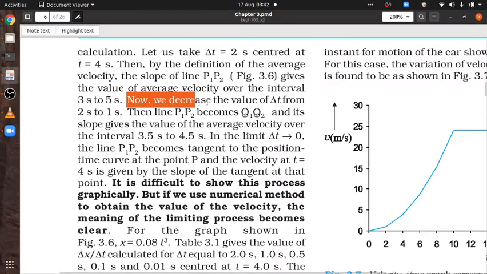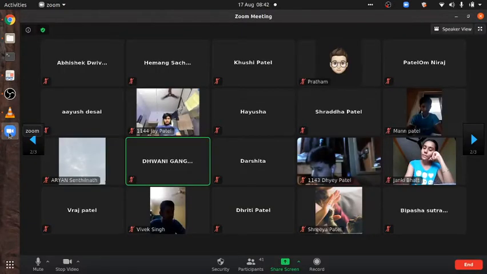See here, now we decrease the value of delta t. What is the meaning of delta t? Time interval. And what you are planning to do is decrease the value. तो इतना ये शाणा बनने का कौन बोल रहा है कि डिक्रीज द वैल्यू ऑफ डेल्टा टी? Why not increase? बोलो बोलो, हम बढ़ा क्यों नहीं रहे? Because we have to find instantaneous velocity.